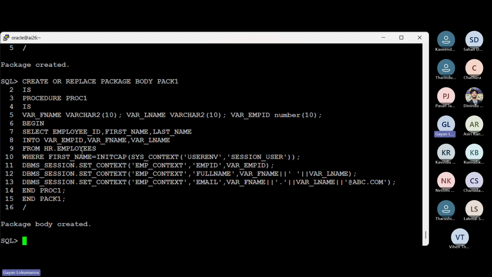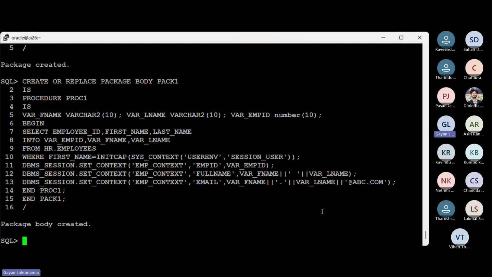So now we have the package created. The package body is also created. Now we need to have this procedure executed, right? So you can manually execute it as well. But what I thought was to make things a little easy, we'll try to run it as soon as somebody logs